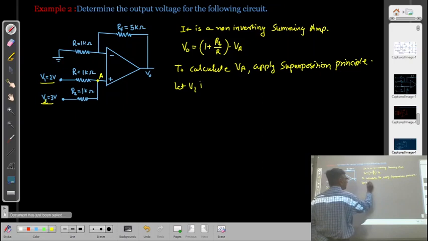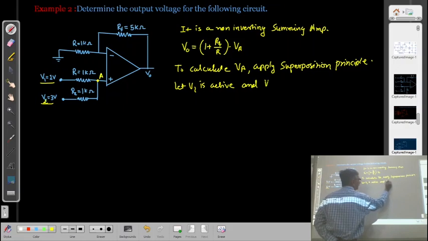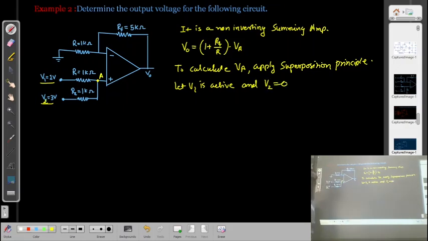Let V1 be active and V2 equal to 0. Correct? So here, if you look at the circuit, V1 is there and V2 is connected to the ground. It means this resistance is connected to the ground, and here we can say R1 is 1 kilo ohm, this R2 is also 1 kilo ohm, and